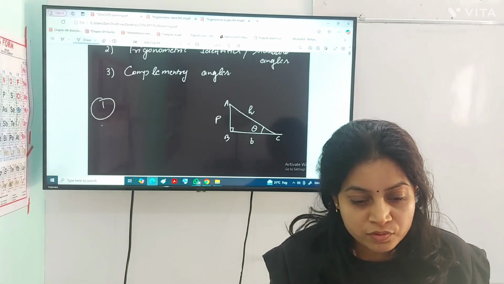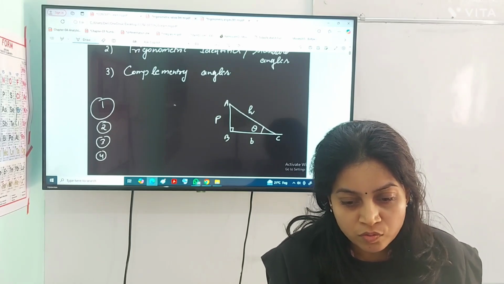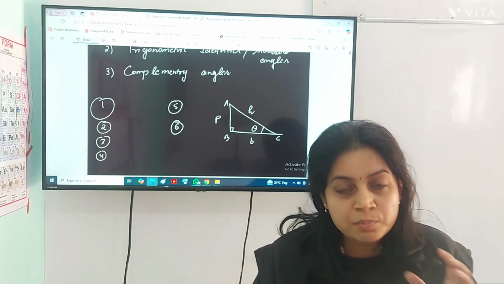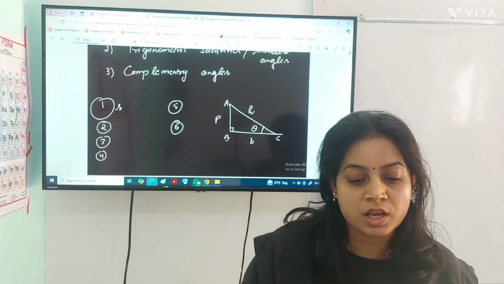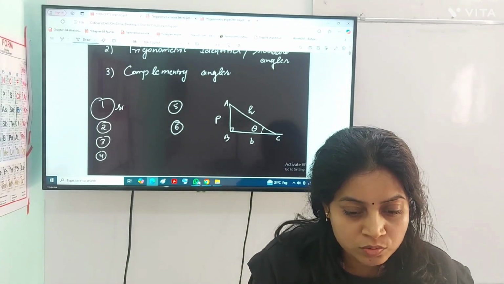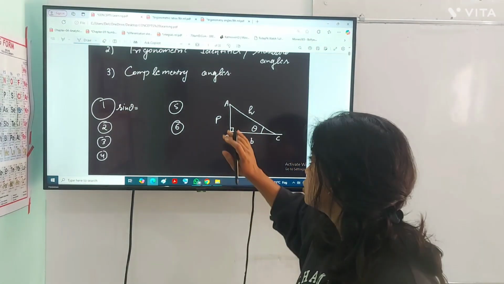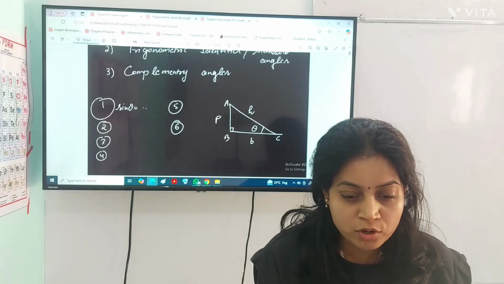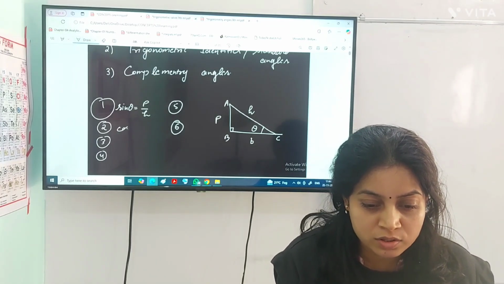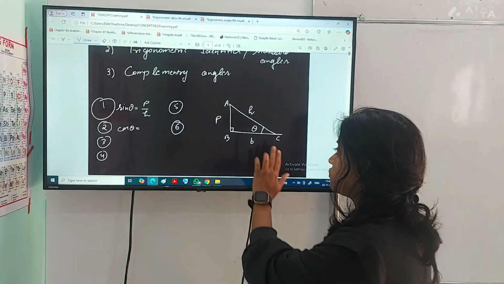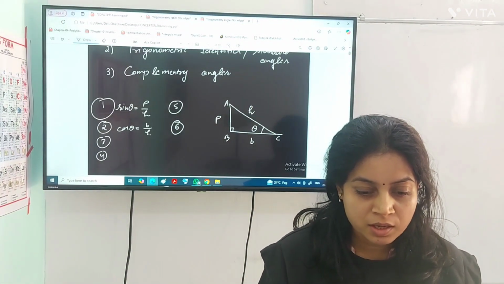Trigonometric ratios are of 6 types: 1, 2, 3, 4, 5 and 6. But simply मैं बोलूँ तो it is just 2, because all other ratios can be derived from the first two. First one is the sine theta. What is sine theta? Sine theta is a ratio of perpendicular to the hypotenuse. So I can write it just like P by H. And second is the cos theta. Cos theta is the ratio of base and hypotenuse. So I can simply write it like B by H.